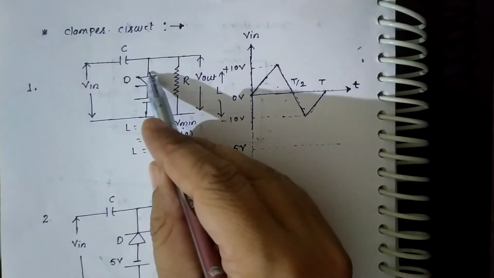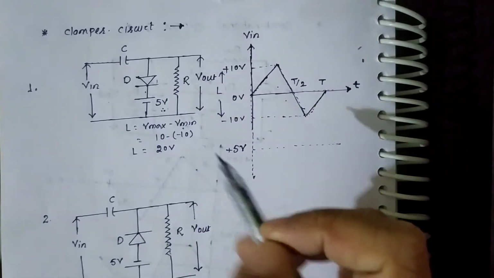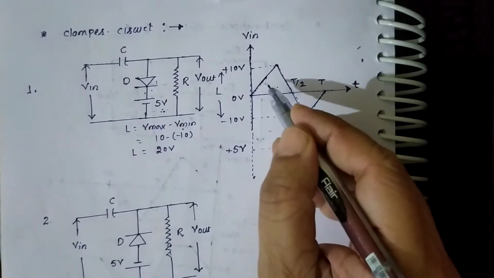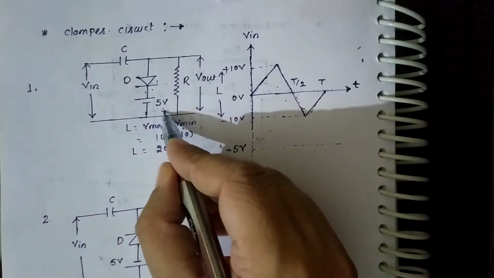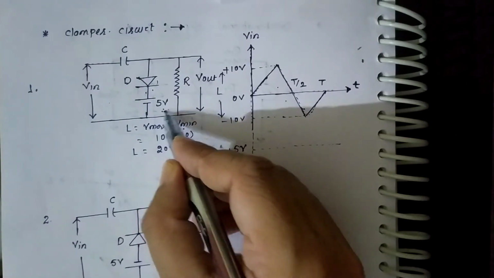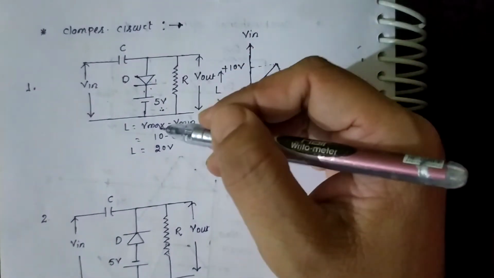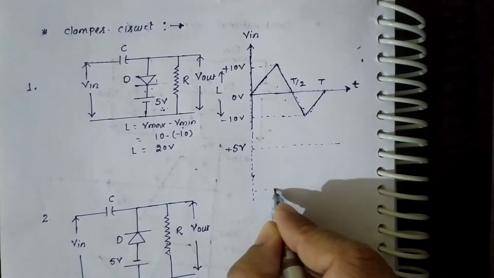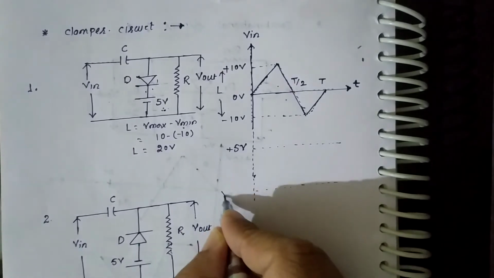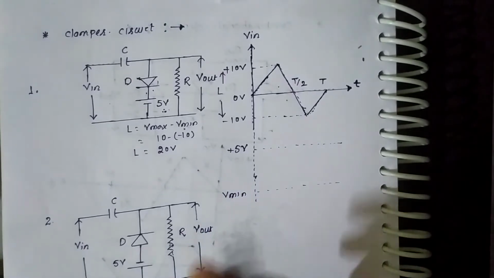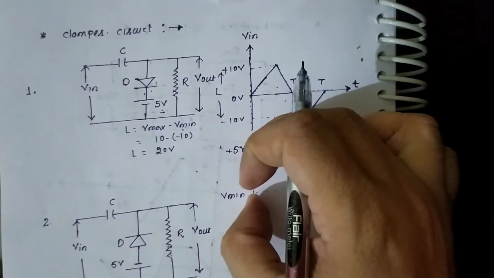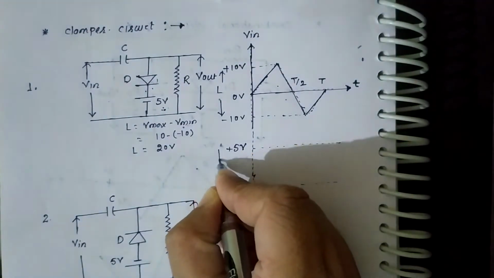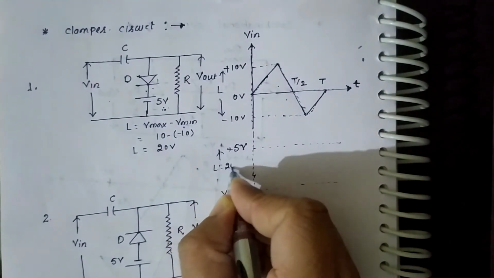If the diode is connected in this position, then this indicates that the input waveform is going to shift down with respect to this battery potential, right? So this entire input is going to shift below this 5 volt. So you'll get one bottom line, that this is V min. But the length of output and the length of input will be the same. So from here to here it is 20 volt.